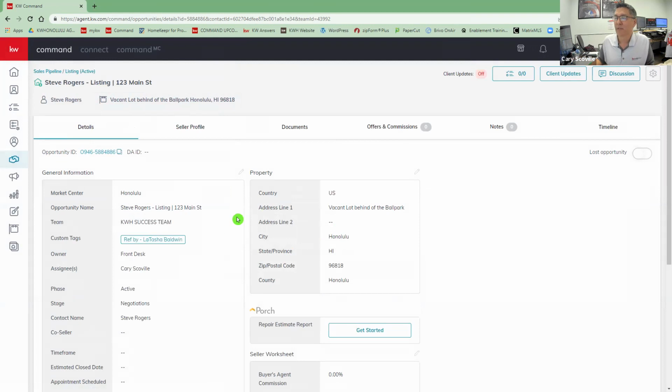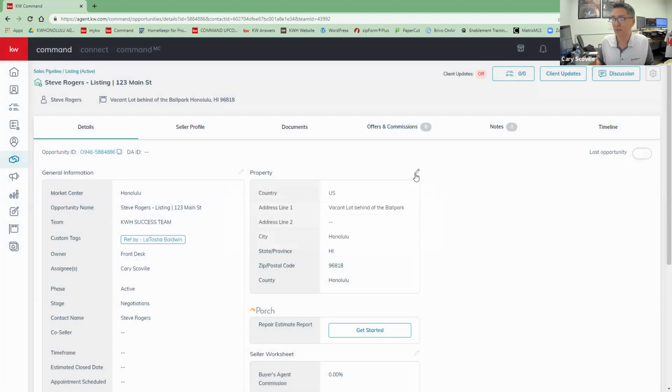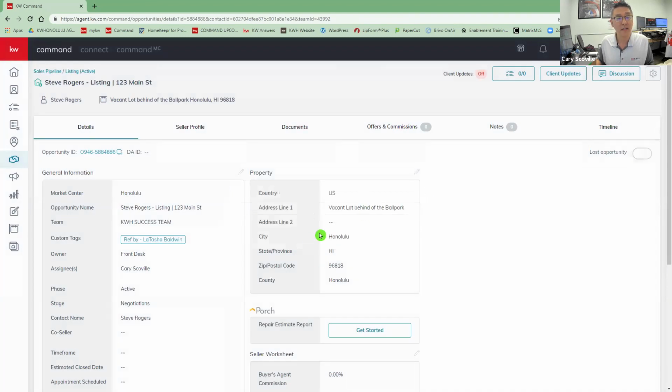Now, can you just back up a second? Because I had to re-enter everything in. How did we get to this screen? So right here on the property box, once you hit create, it's going to open up automatically into the opportunity, right? This opportunity we created. Got it. And then you're going to just click on the pencil right here by the property box, and enter in your test property, or you can just say vacant lot. And now you're syncing the property itself to the opportunity, right?